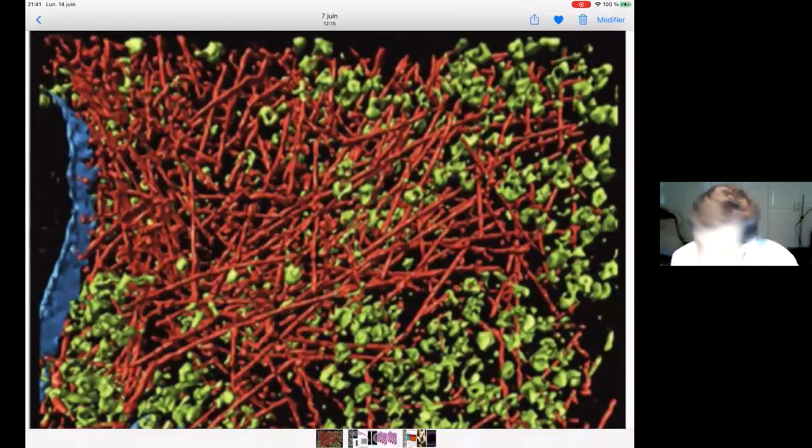So this is an electron microscopy image of this actin layer. In blue on the left, you see the phospholipid membrane. And in red, you see these actin filaments. These actin filaments are more or less parallel to the membrane, and they form a layer which is something like, I don't know, 200 nanometers, 500 nanometers, something like this. And they form some kind of a gel. So when the membrane deforms, it has to deform the actin gel which is below.